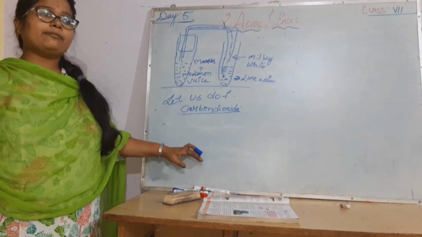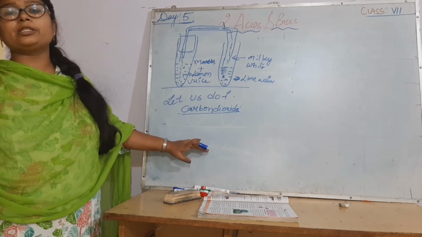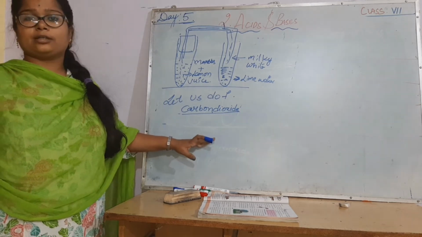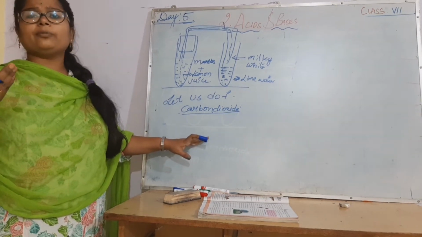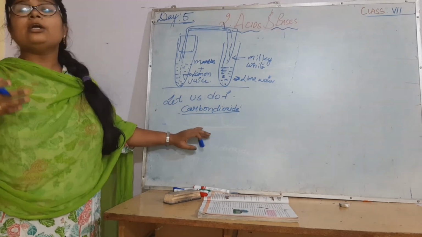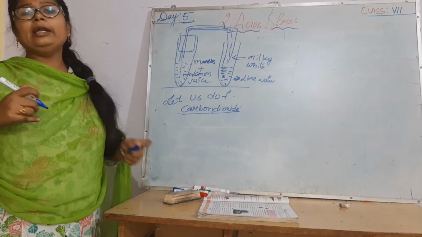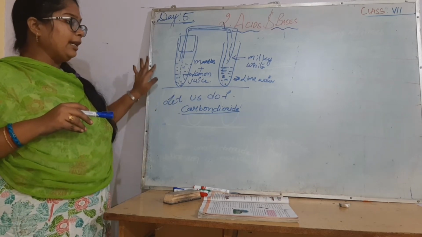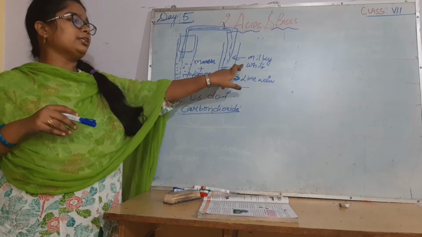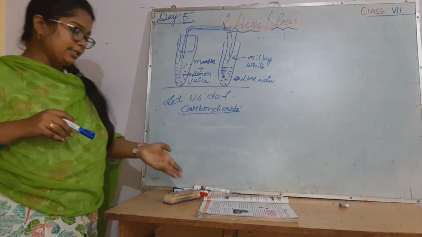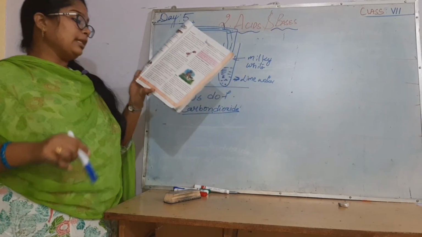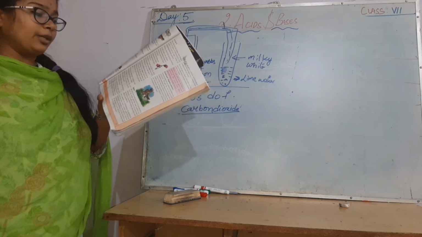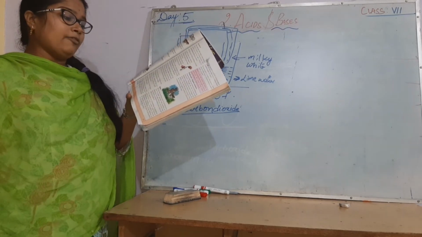When a fire happens in petrol banks or in oil industries, they don't use water to stop the fire. They use carbon dioxide gas, which cuts off the oxygen supply and puts it off. You are going to learn this. Carbon dioxide turns lime water milky white. Now try to write the properties of acids and bases from your observation.